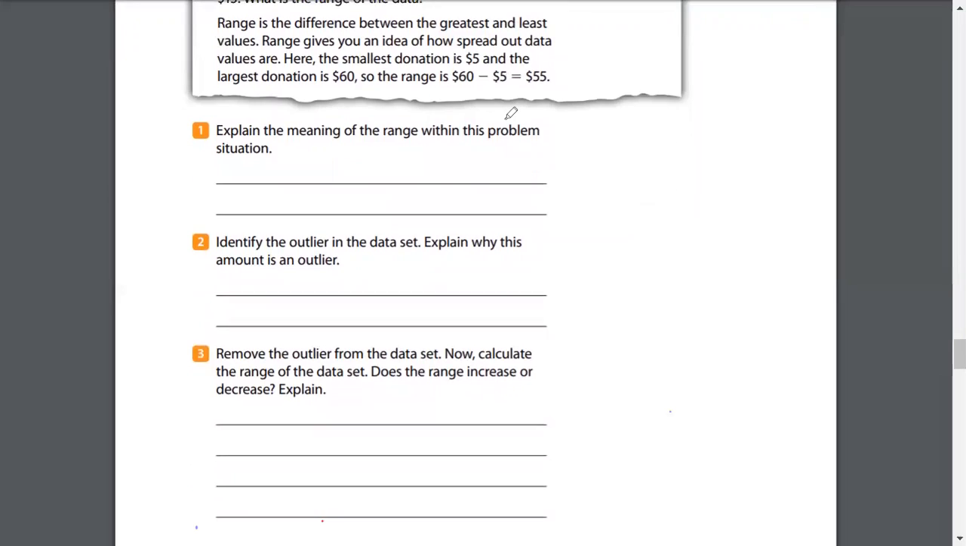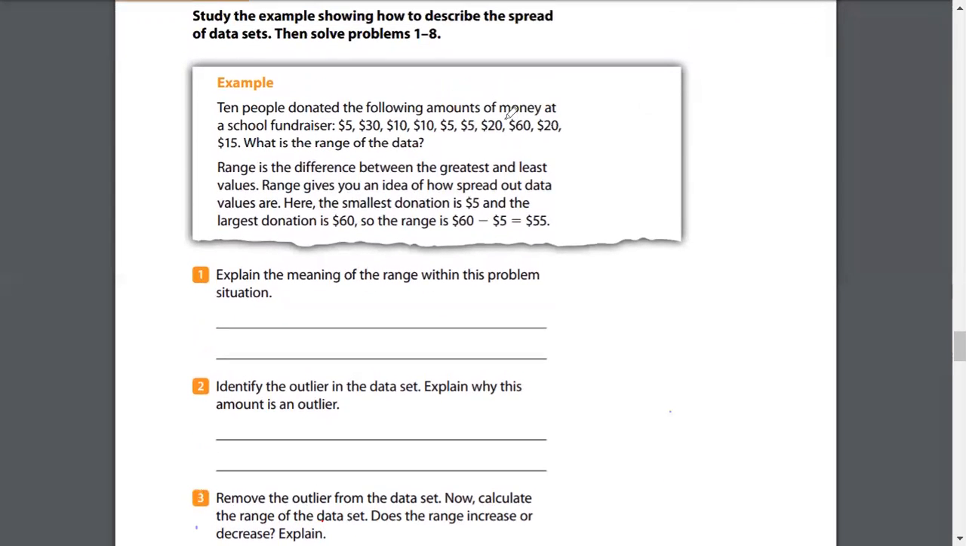Number 1, explain the meaning of range within this problem solution. So in order to explain something in the context of the problem, you need to go back to the problem and talk about what story the problem is telling. 10 people donated the following amounts of money at a school fundraiser. So when we're talking about the range in terms of the donations made at a school fundraiser, you basically tell the story. We have 10 people, and then of course it's amounts of money. They all have dollar signs, and this was a school fundraiser. The range here is going to say that the amount of money, like the difference of money